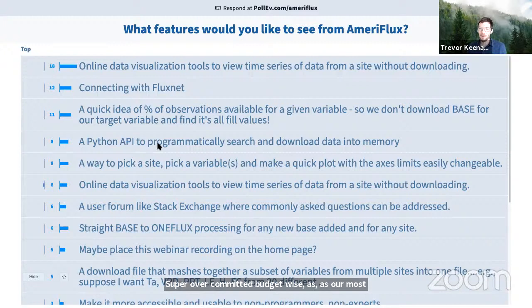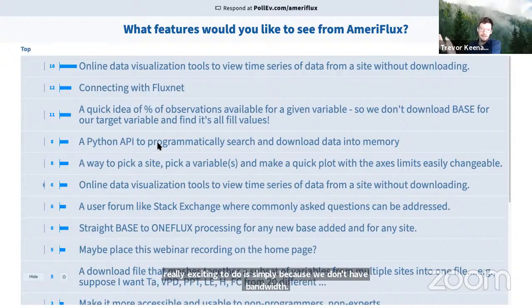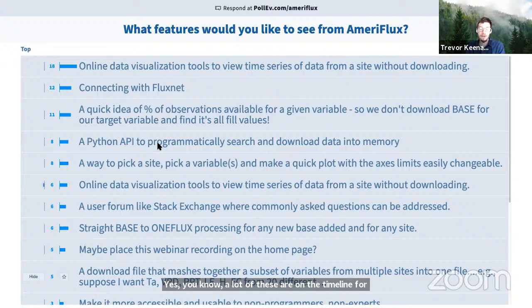We're maxing out everything we want to do. Everything that we're not doing that is really exciting to do is simply because we don't have bandwidth to do it yet. A lot of these are on the timeline for next year or the year after, when we free up time from our other commitments at the minute. But if anybody else would like to step in, we are super excited to collaborate on getting these things done.